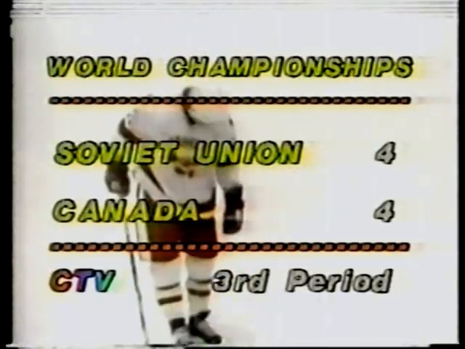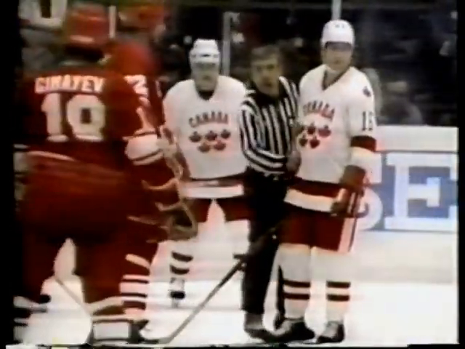Kazatonov, number 7, on defense, gets that pass to number 25, Vladimir Golikov. Kozhevnikov's backhander, and Hartsburg blocks that and gets it out. Napier tried to trap it. He stumbles as he tried to get possession. Great effort by Mark Napier trying to retrieve that bouncing puck. You're watching the World Hockey Championships from Finland. It's a 4-4 tie, Canada and the Soviet Union. Kevin Lowe scoring in the third period to give Canada the tie.